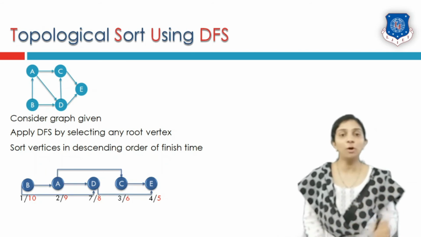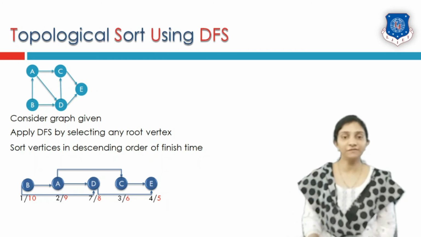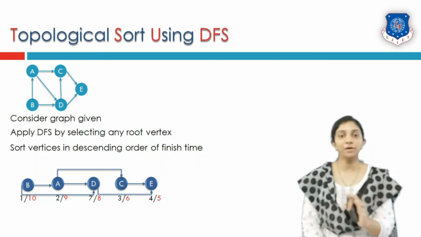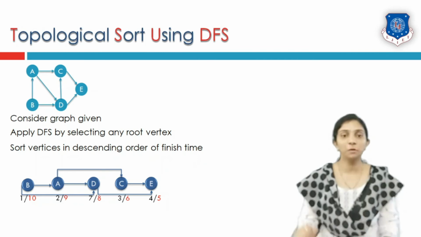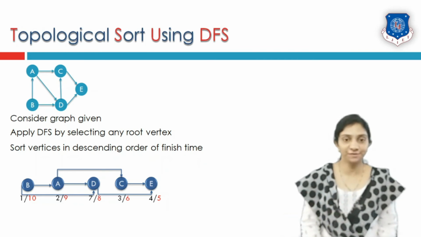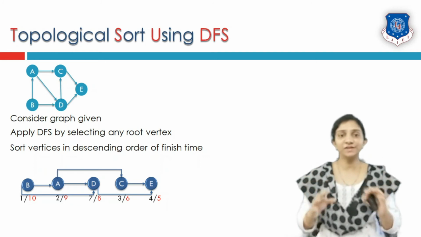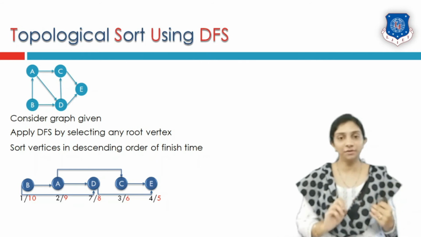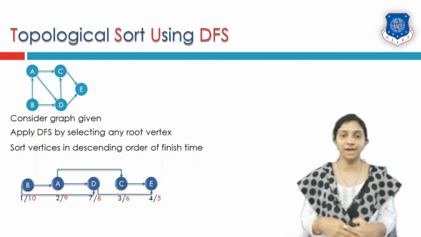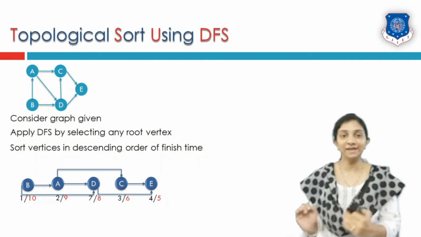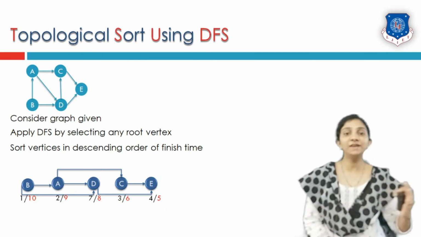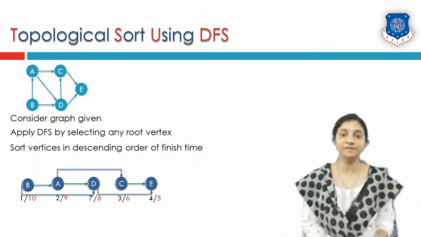If I add up all the edges given in the graph, if I copy them, the edge directions are the same. So we have not removed any edge, we have just copied them from the graph, but onto ordered vertices. The vertices are not placed in the same fashion as the graph, they are placed in sorted order, that is, the descending order of finish time. This particular sorting is equivalent to the given graph. But we have to find a complete ordering, that is, the dependency between them.